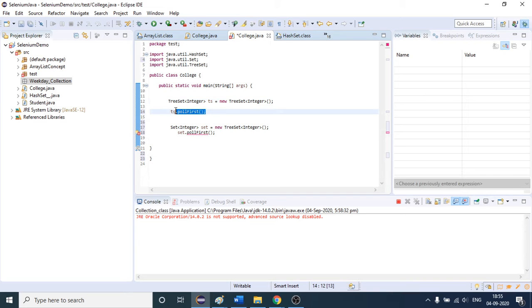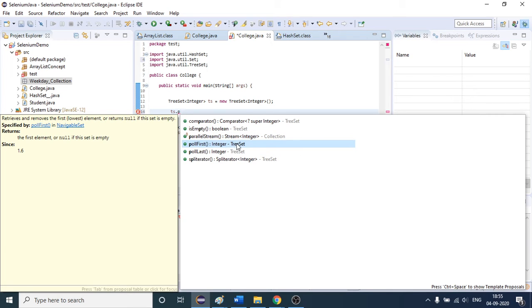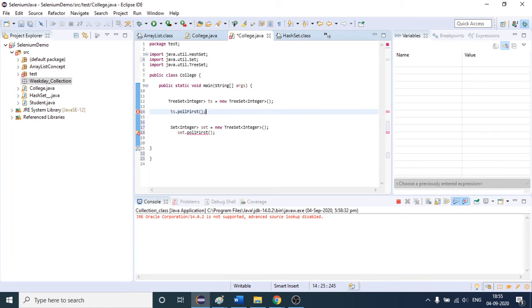If I write ts dot, you can see pollFirst is a method, and after that you can see TreeSet is written here. This means that this method is not coming from the Set interface. You know that TreeSet implements the Set interface, as I have shown you in the diagram previously, but here this method is already present in the TreeSet class. It is not coming from the interface, so as it is a part of the class you can simply call it, which is fine. As of now, is it clear?